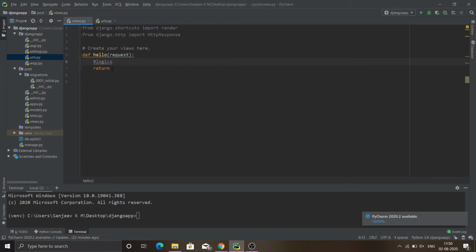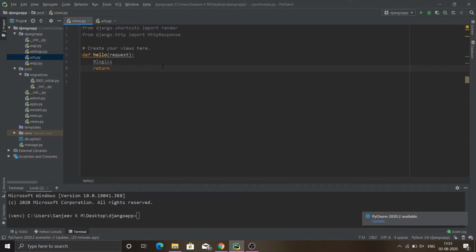For now, let's create a simple view that displays hello world in our front end. At first, to display something in our front end, we need this HttpResponse method, which will accept our HTML code as a string, and that will push our HTML code into our browser as a tag.